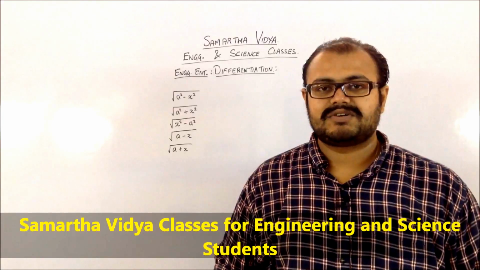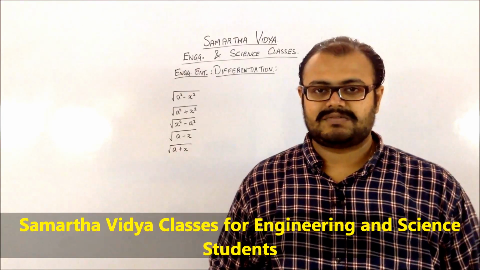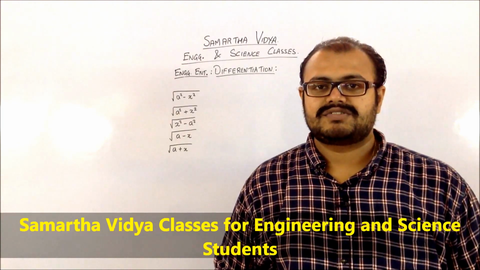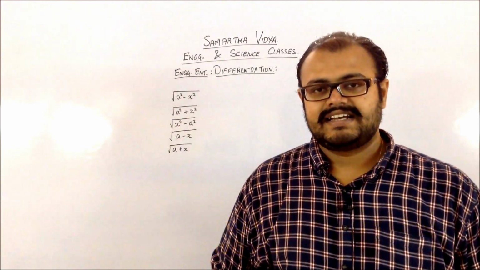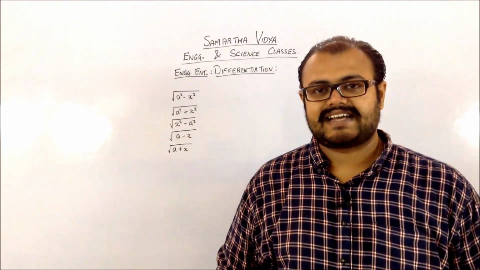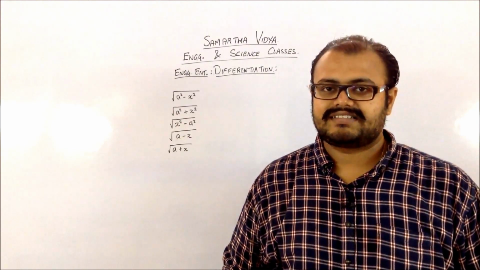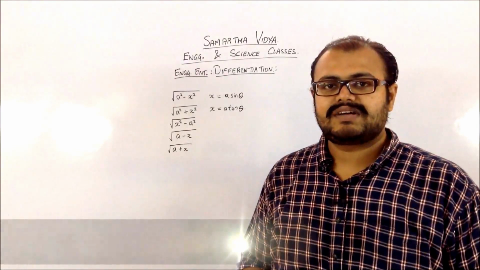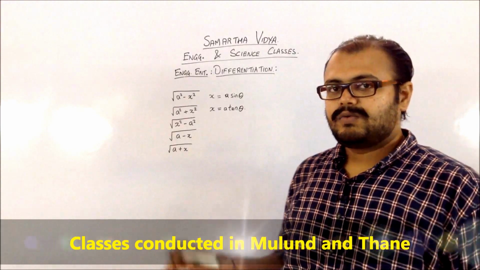That means if you have a tan inverse present outside and there is a function f of x within it, your substitution of x should be such that you get a tan inside this tan inverse. So basically the tan inverse and tan nullify each other and you get a simplified format to find the derivative. So let us have a look at some of the standard functions which are present.